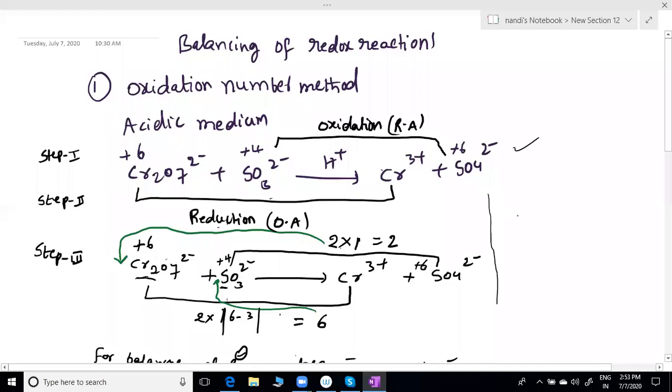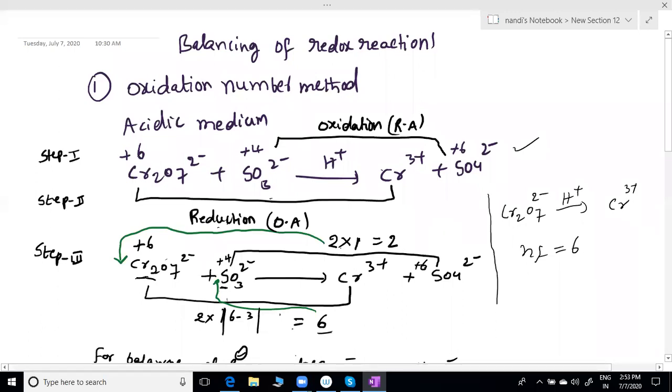Cr2O7 in acidic medium: this is fixed. Whenever I am asking, you have to give the answer. This is fixed, sir. 3 plus n factor is 6. Already I calculated here, you got 6. Always 6. Remember that one. That will never be changed. Acidic medium Cr2O7 n factor 6. Don't calculate next time. Remember that one because we have to write a little bit fast. Entrance exams have only 1 or 2 minutes of time.